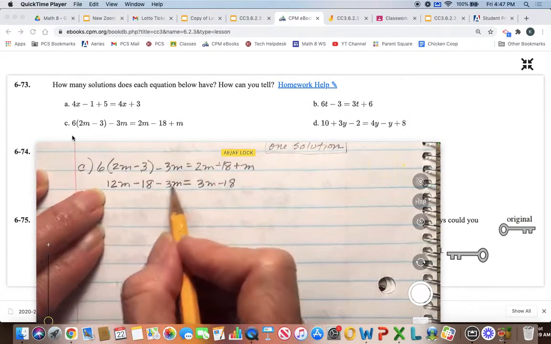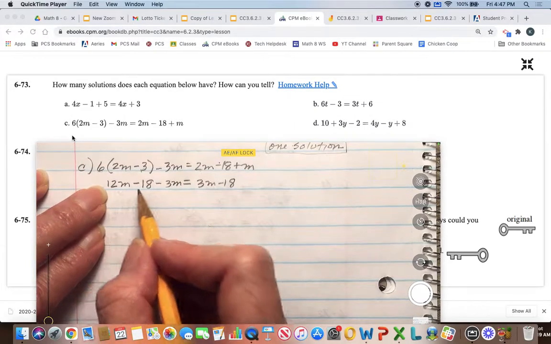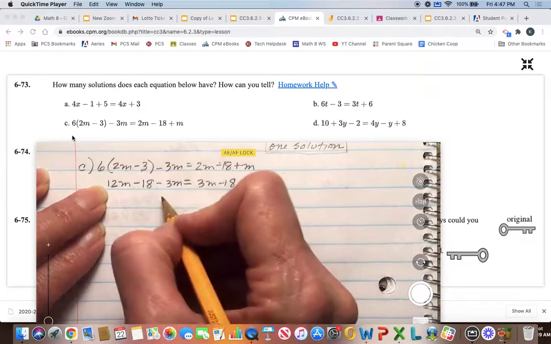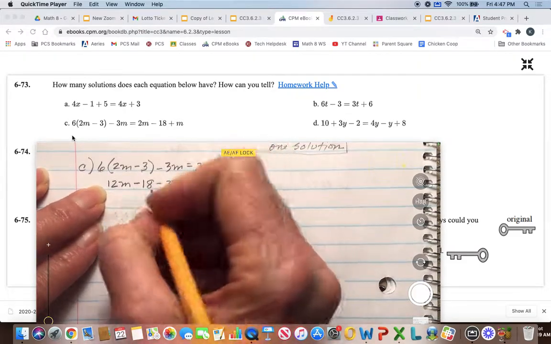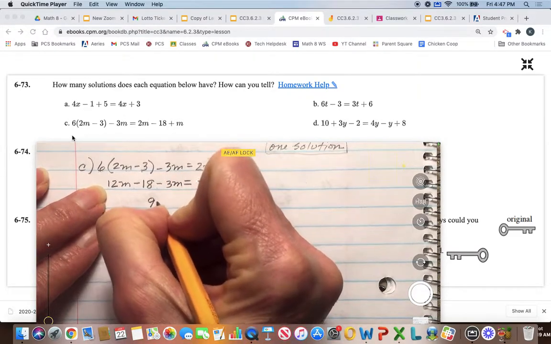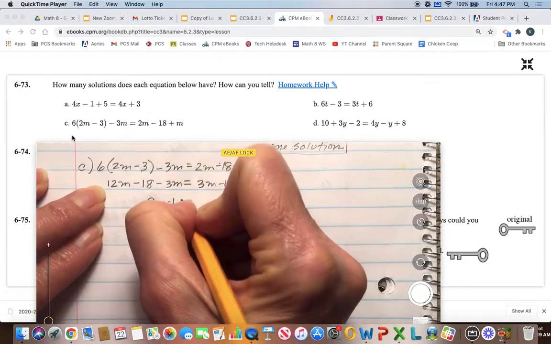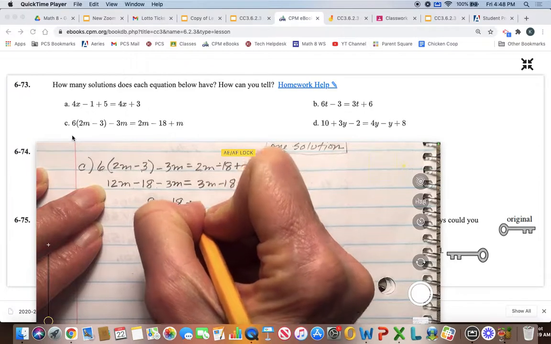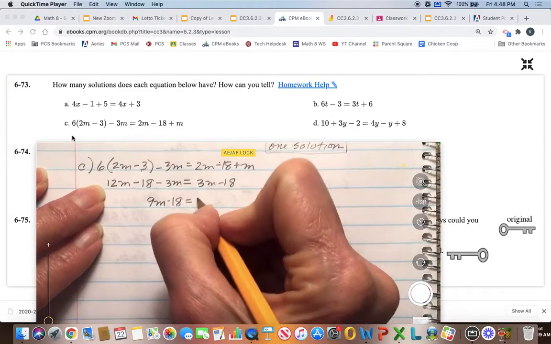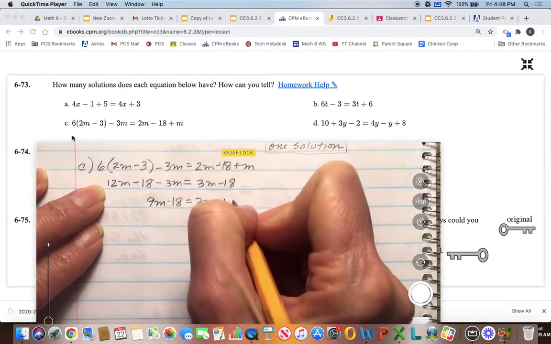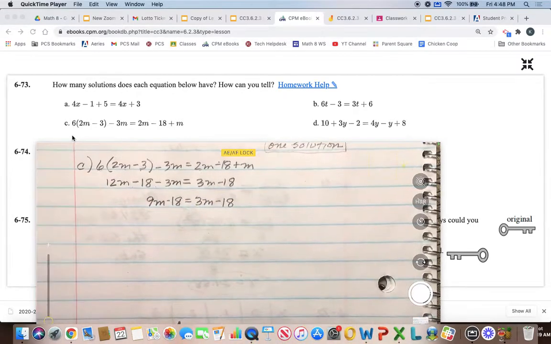So now it looks like we need to combine some like terms on this side. 12m minus 3m is going to be 9m. So 9m, and we still have the minus 18 or negative 18. Okay, so in this side of the equation, the 3m minus 18 stays the same. Okay, so now we need to get the